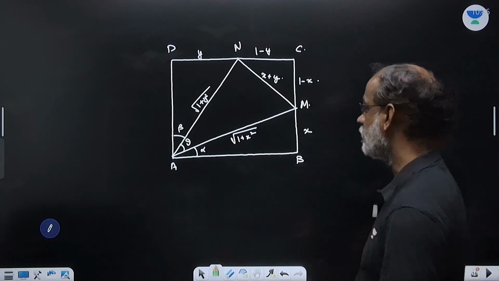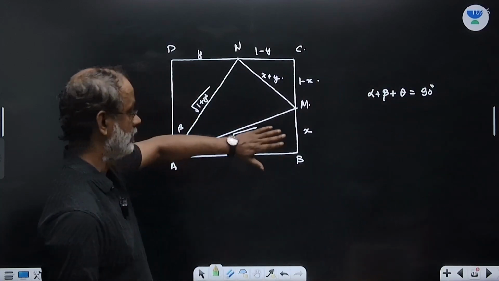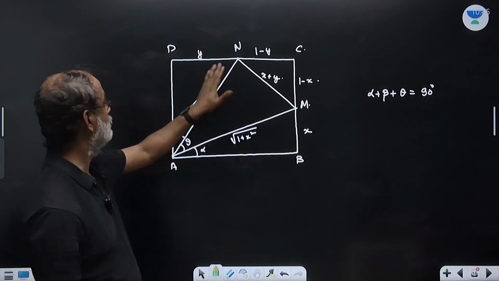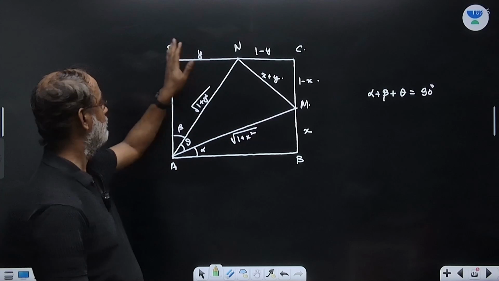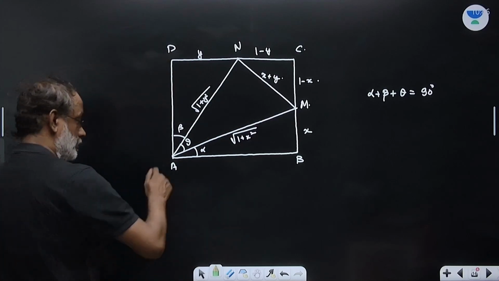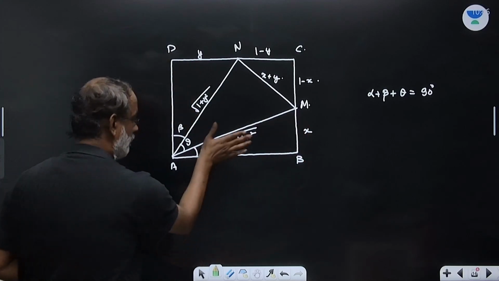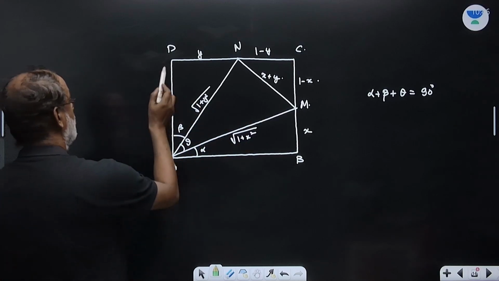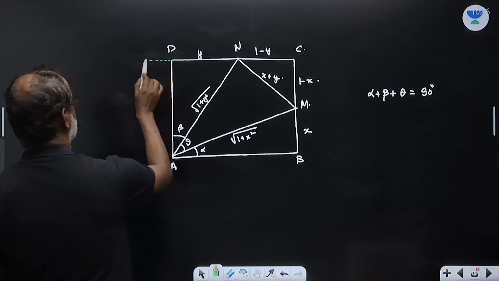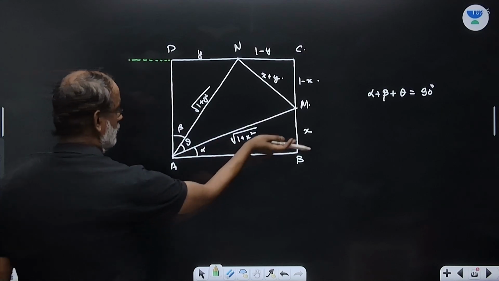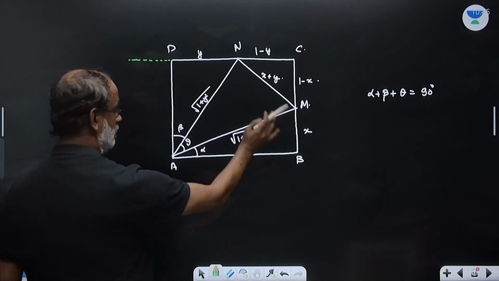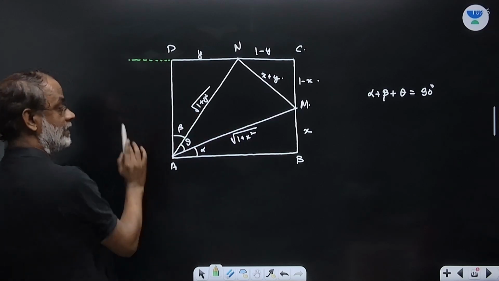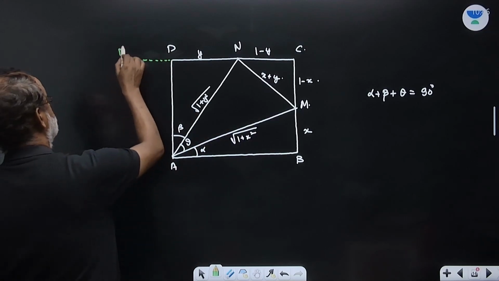what we do is that we rotate this triangle ABM by 90 degrees. So, B comes to point D, M shifts. Okay, see this triangle ABM, we just rotate it by 90 degrees. So, where do we land up? This gets horizontal, this gets vertical. So, AB coincides with AD, M has now reached the point M dash,